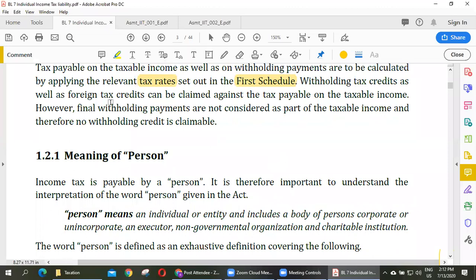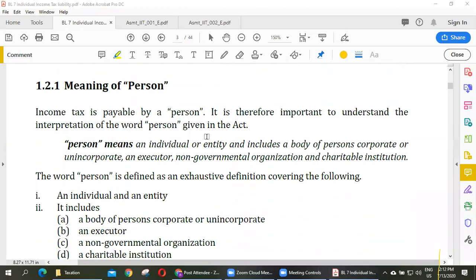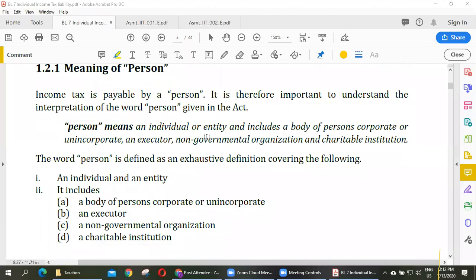Yes, sir. Good. But according to the provisions of the Inland Revenue Act No. 24 of 2017, meaning of person...